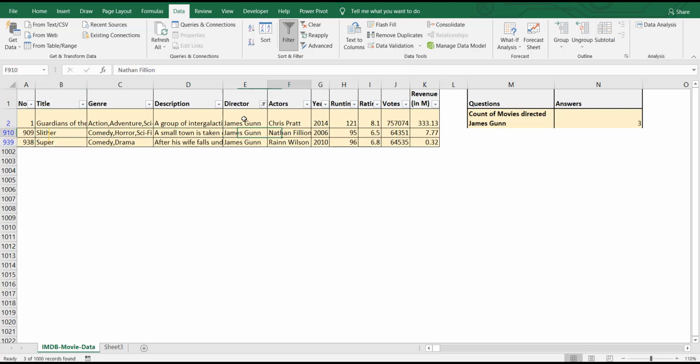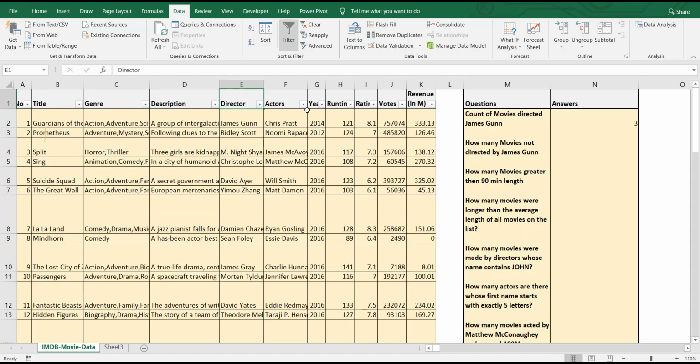He made 3 movies because all the movies are unique, no duplicates. If the name James Gunn has repeated 3 times, it means he made 3 different movies, because no duplicates here. So this way you can find out how many movies he directed.